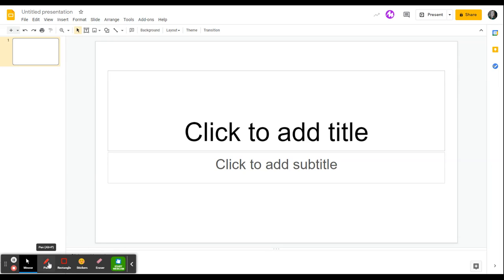Then I have the option to write on my slides. I've always had the option to write on my slides. And of course, if you have a touchscreen laptop, you can use this pen tool, but I have more options in terms of color. Once I draw on a slide, I can choose to clear that selection,